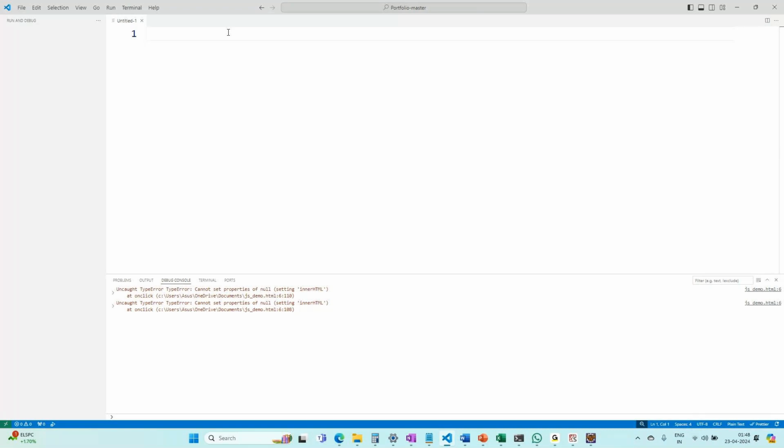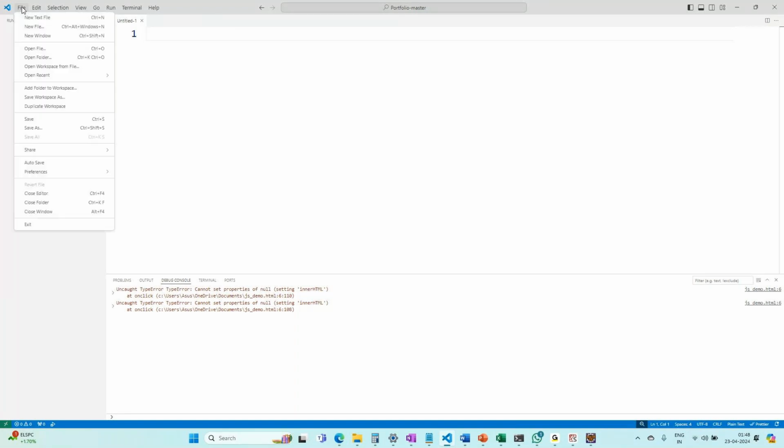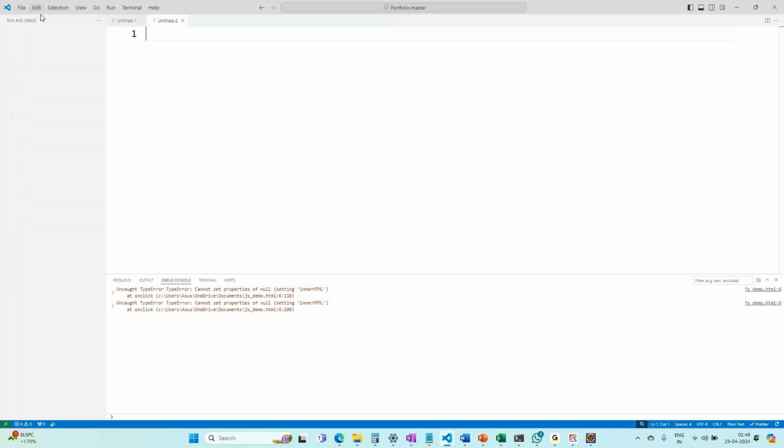So for its convenience we can create one more. For your convenience you can create 2 or 3 files so that you can get habituated. Yes, online people, hope you have done. Save as .html you can do, or you can just leave it because anyhow the type will be HTML only. Okay, right. So if you want a new file, go to file, new text file, right, and save it as